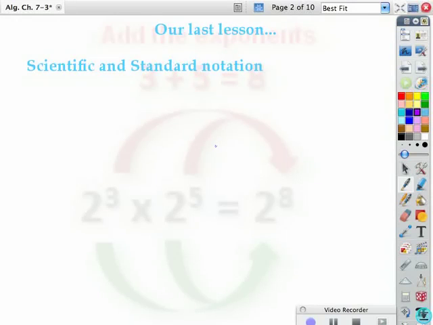We'll go ahead and begin our lesson today with a review of what we did in our last lesson. We had scientific and standard notation. Remember that standard notation is any number, for example 327, the number 4, and on from there. Scientific notation is any number that is written as a number times 10 to a specific power, let's say the